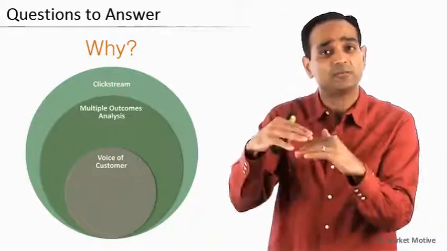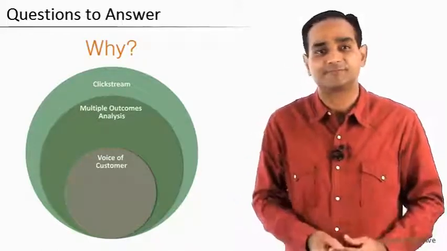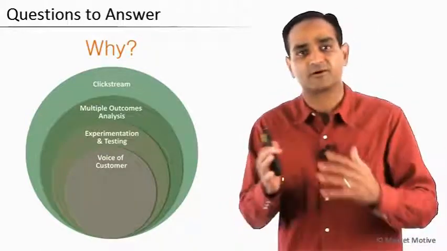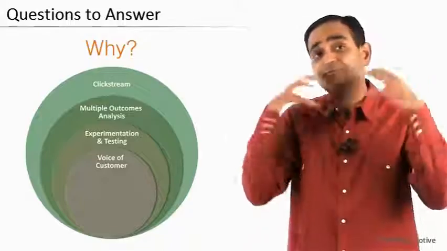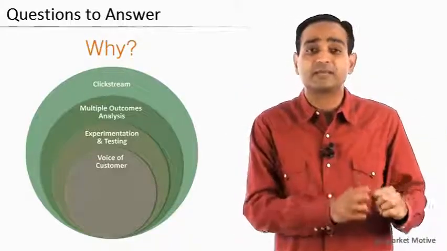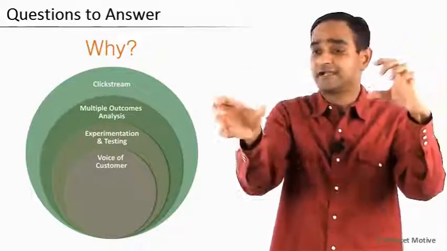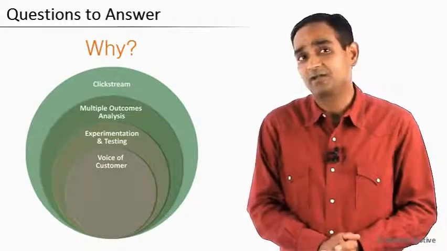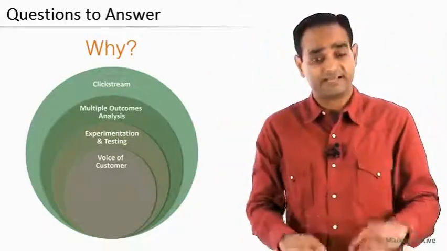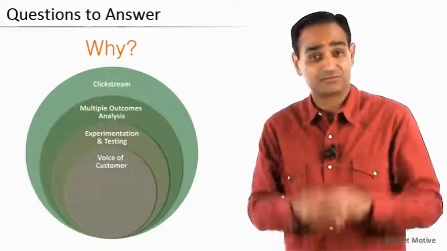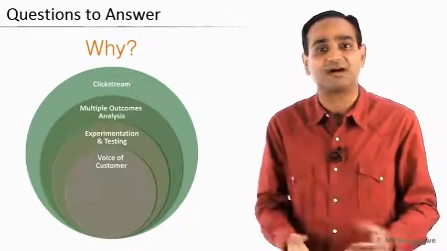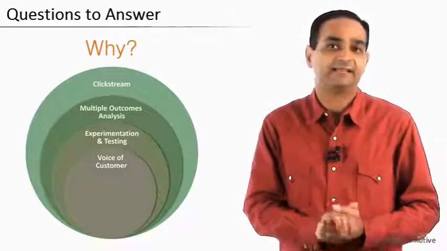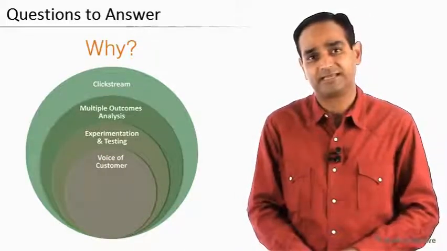Once you analyze the what and the why, it becomes easy to do another wonderful thing, which is to leverage experimentation and testing to figure out why people behave this way or that way. Can we improve the performance of our website if our website had a big box in the middle, a sidebar, 3 small boxes at the bottom, and a lot of text? Is that a better way to get people to what they want? Or the entire website should be replaced with a photo of an apple? Which one is better? And you really don't know which one and why, what kind of outcome it will cause on your website. And that's where A/B testing and multivariate testing plays a very important and key role.